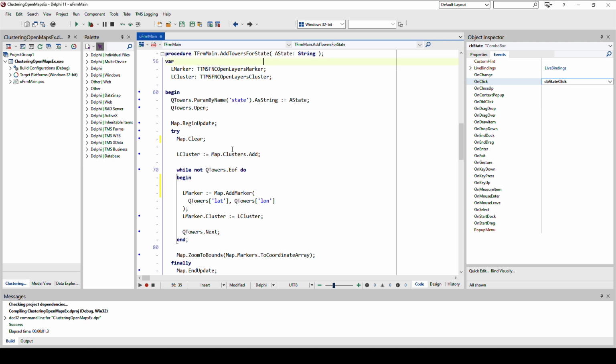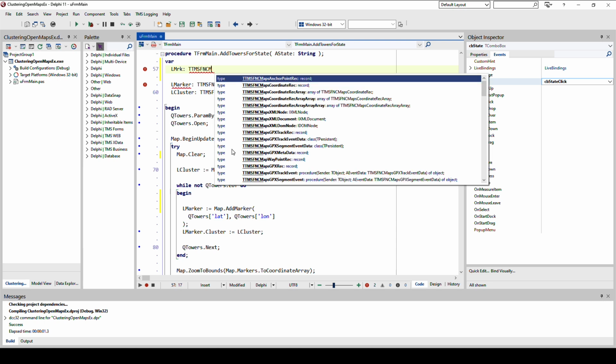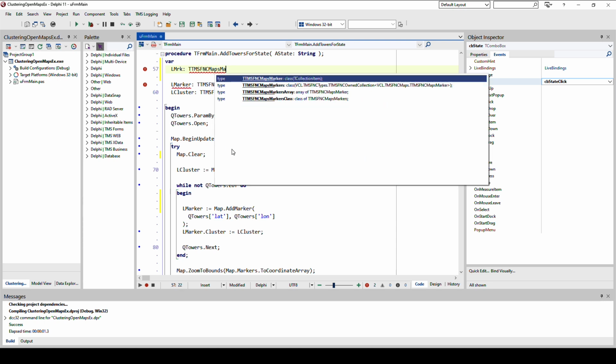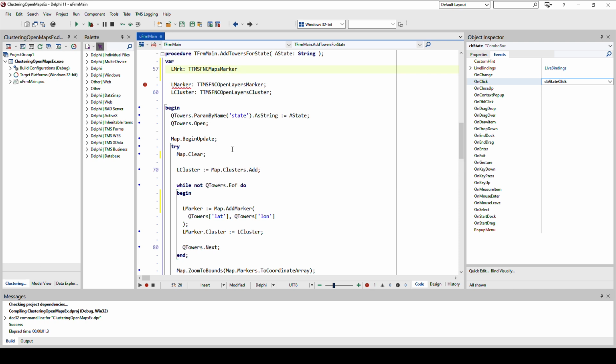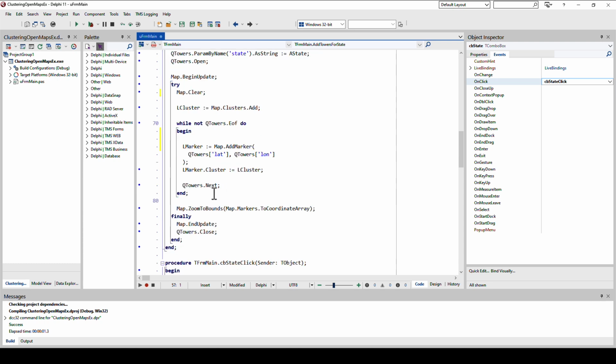You might wonder if you've seen something from FNC Maps before. There's also the TTMS FNC Maps marker. Yes, indeed, it exists. That is the marker that is for all the services, not a specific marker. This is a marker class that is specific for open layers. There's also a specific class for Google Maps that supports the clustering for each of the services. That's the difference here. And with that, believe it or not, we already added all the different markers to the